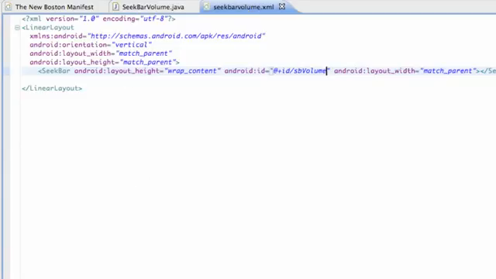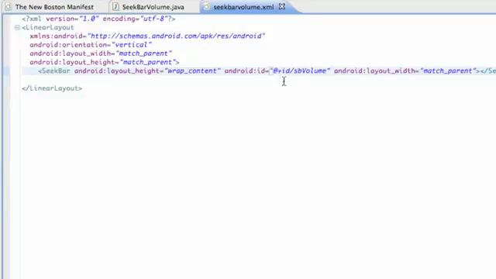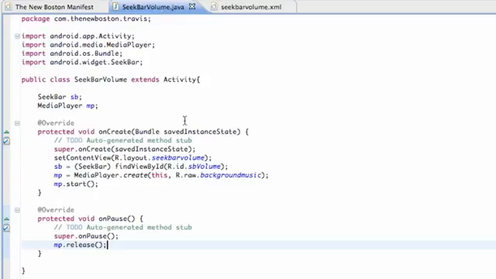All we're going to do is create an XML layout that has a seek bar, and that's under the form widgets. And it's right here, seek bar. Throw that in, and add an ID to it. I called it seek bar volume, and then we're going to go create a class called seek bar volume extends